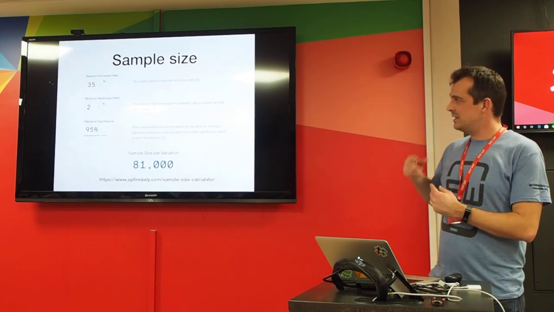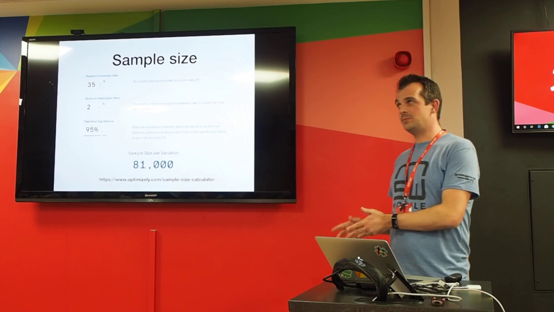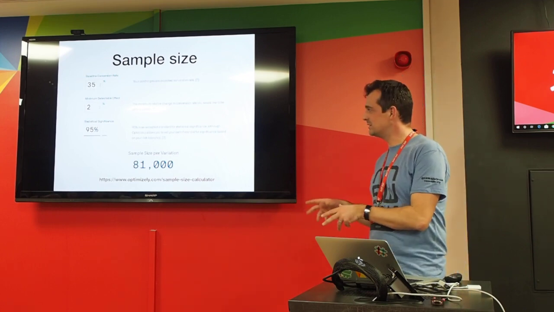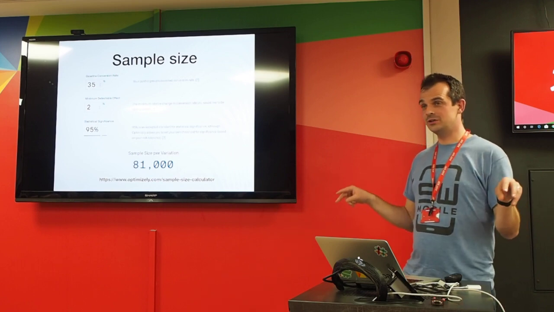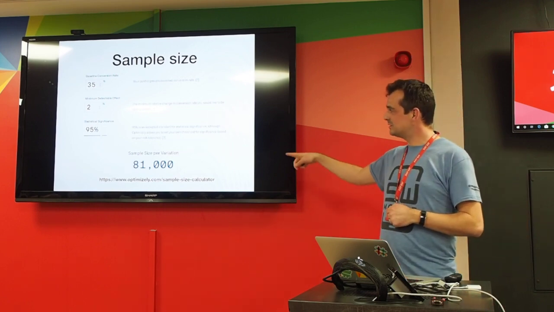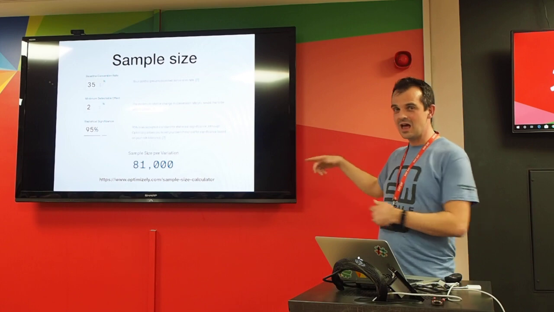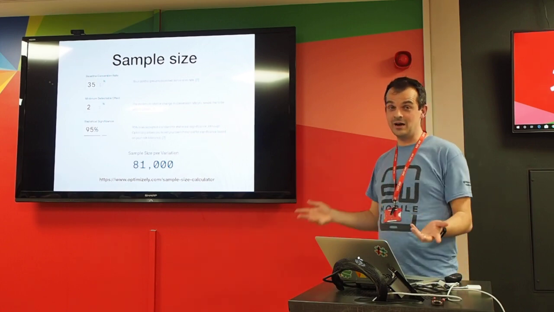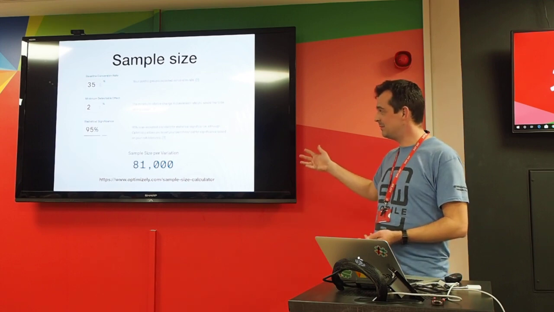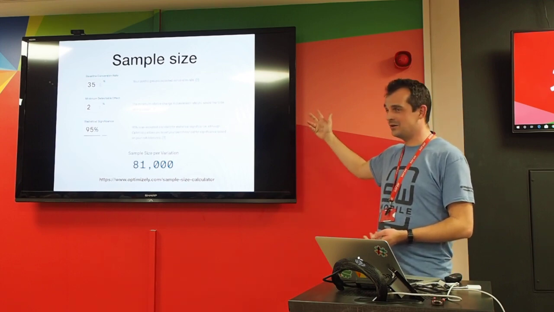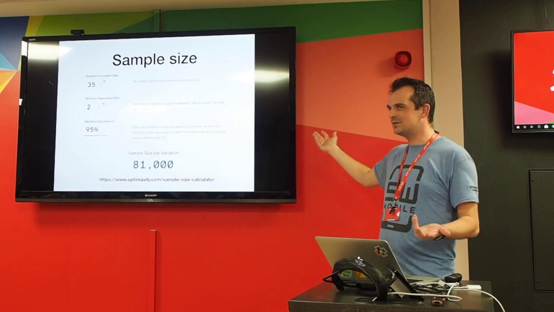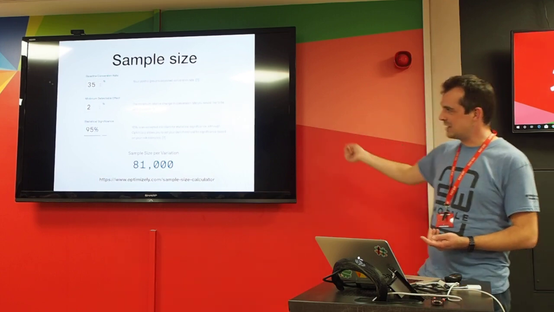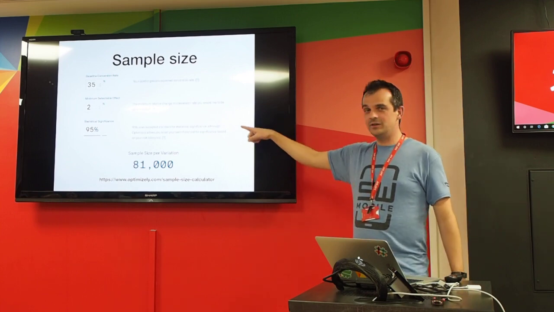If you want to run an experiment and say conclusively, to 95% confidence, that you have a conclusive result, then the chances are you're going to need a sample size per variation of 81,000 users going through the app in each of those variants. So if you've got a 3-variant experiment, you could be talking 240,000 users, which a lot of apps don't have anything like. So you may need to sacrifice statistical significance confidence.